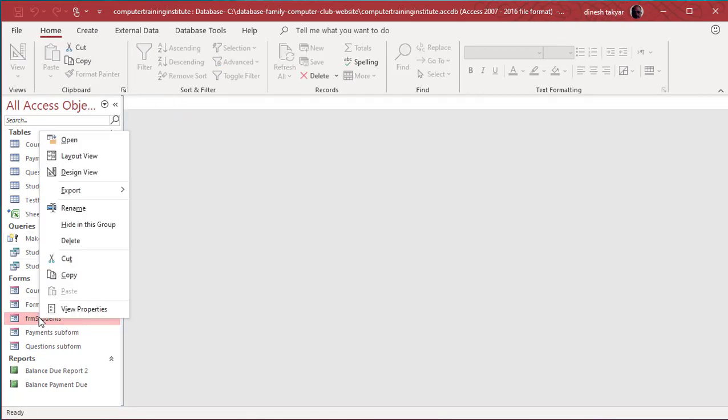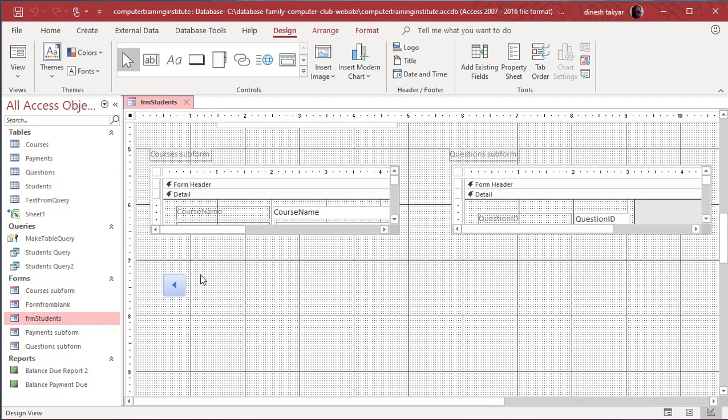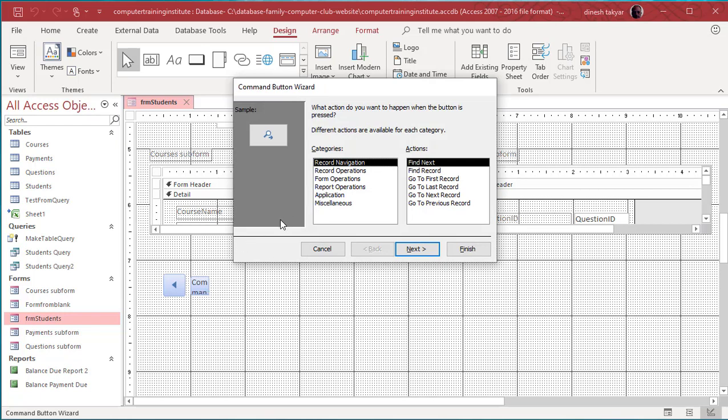I'll right click here and go to the design mode again, and I'm going to add the go to next button. So we'll click on this button here, click and drag, and we'll go to next record here.